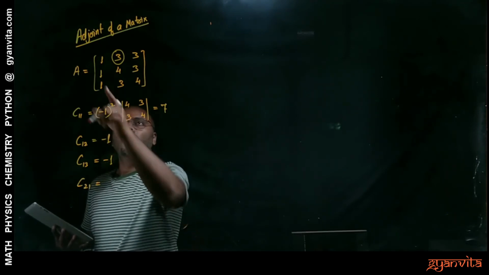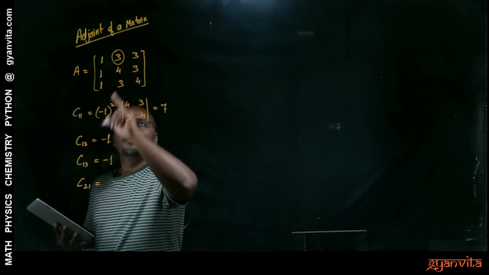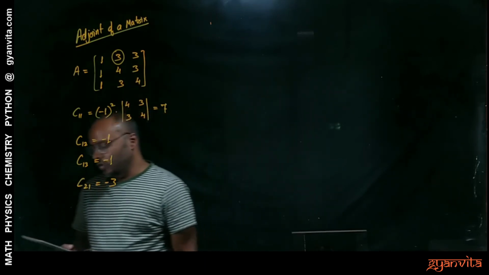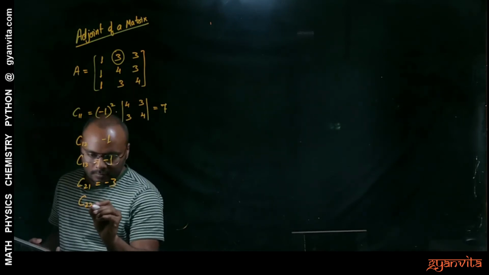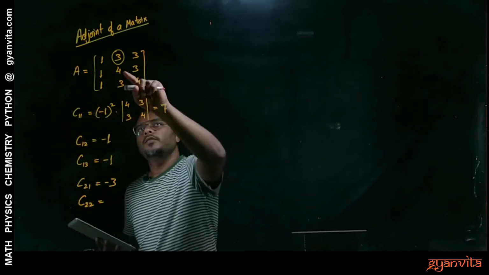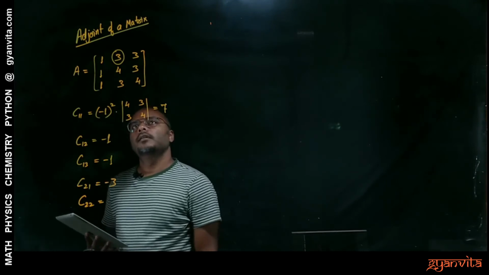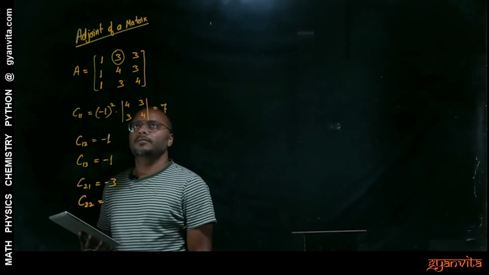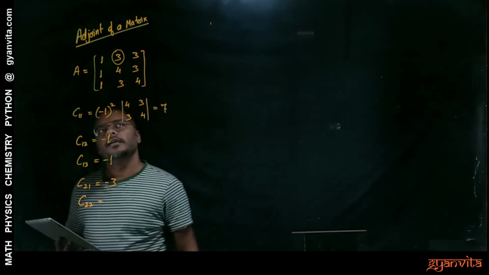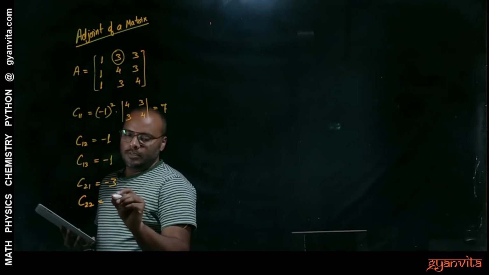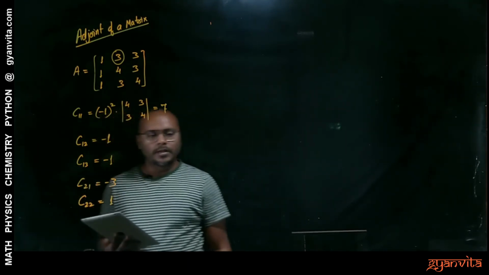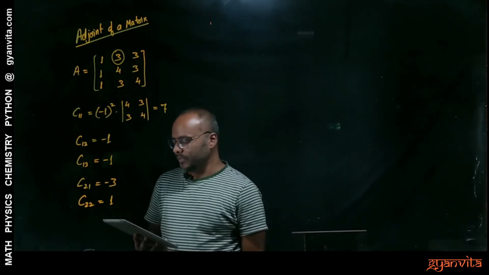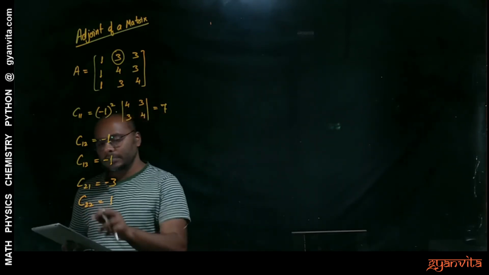So minus of what? Minus of 3, that is C21. Same way C22, that is for the central element. So 1 3 1 4, I think somewhere else we had the same thing, so that will be 4 minus 3, that is also equal to 1, and the middle position is minus 1 to the power 4, that is also positive. So A22 is 4, or C22 is 4.